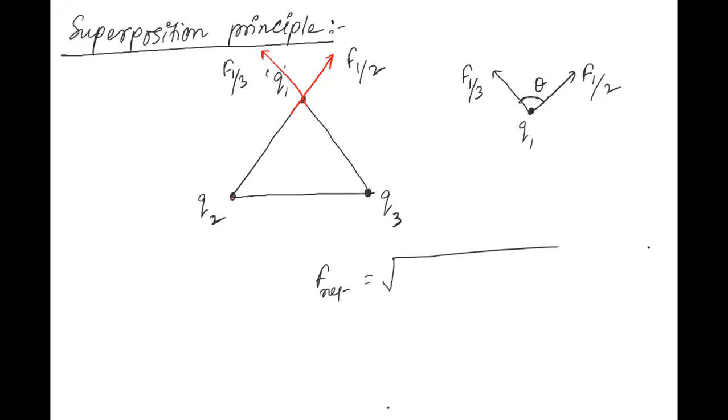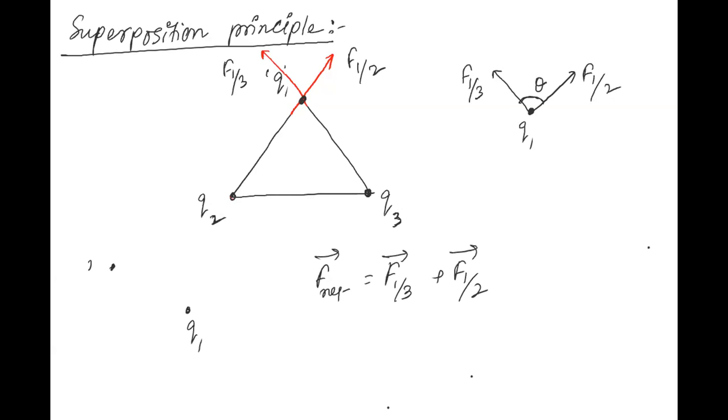F net would be equal to what? F net would be the vector sum of two forces, that is force on 1 due to 3 plus force on 1 due to 2. Is it clear? मतलब इस पे एट ए टाइम दो फोर्सेस लग रहे हैं, तो नेट फोर्स क्या होगा? दोनों का वेक्टर सम होगा।